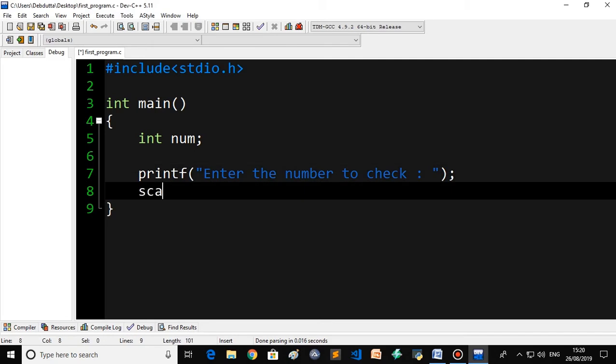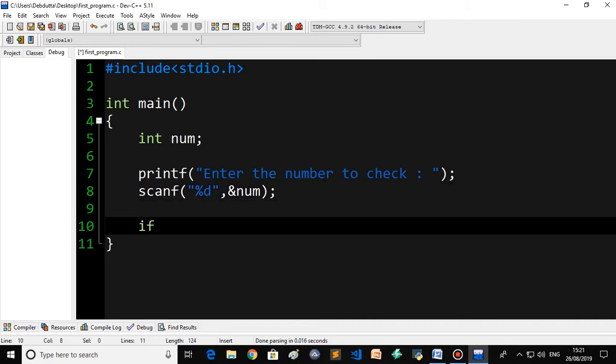Then what do you have to write? Sorry, write int main. And int main means a main function where you will define your program or your code. So the code will begin here. Then what do we have to do? First declare a variable, suppose int n or int num as a number,